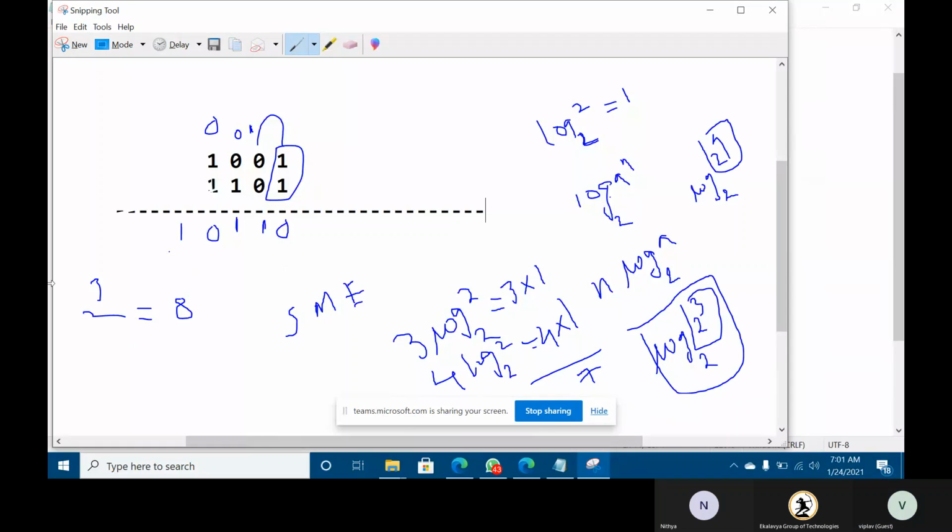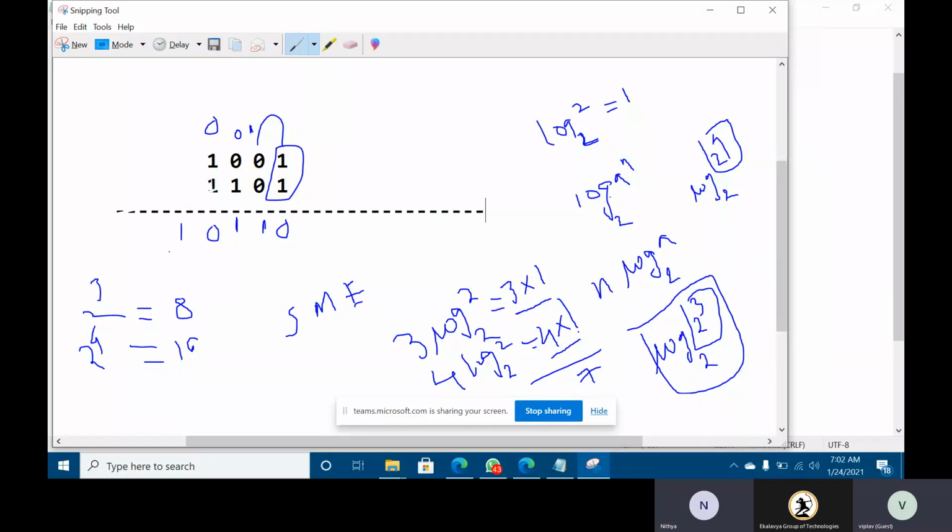And 2 power 4 is 16. So these numbers we are representing in the form of only 3, 4, like this. Again, it is used for the encoding purpose, cryptography. We cannot expect the values of input from the output. So whenever we are getting outputs like that, we can use those for cryptography.